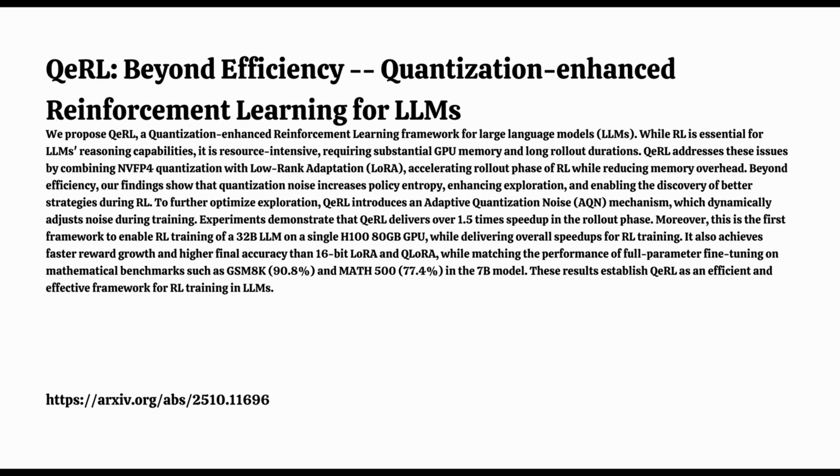Okay, let's dive a bit deeper into how QeRL actually works. You mentioned two key things, the hardware-accelerated quantization and then managing this exploration noise. How do they get the speed? So the speed mainly comes from using those NVFP4 weights. QeRL uses something called a Marlin-based kernel. It's basically a highly optimized routine for the matrix multiplications that happen constantly during rollouts and pre-filling. Okay. Because NVFP4 is native, there's no runtime decompression needed, unlike QLoRA. This just lets the hardware fly through those calculations much, much faster, hitting the main bottlenecks head-on.